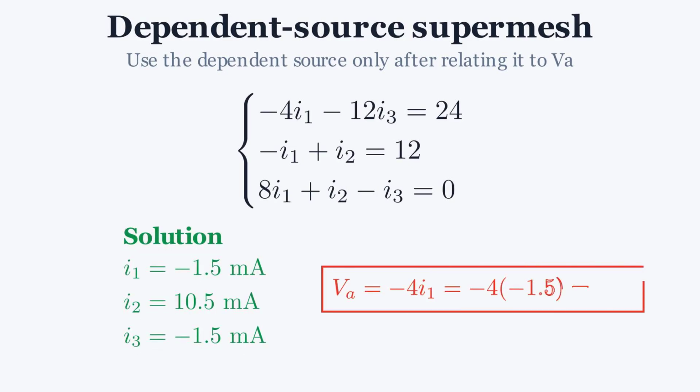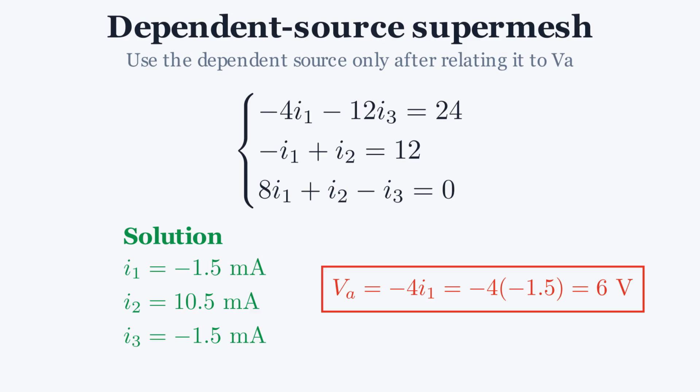Now relate VA to the left mesh current. With the chosen polarity, VA equals negative 4 I1 volts, because 4 kilo ohms times I1 milliamps gives volts. Substituting this into the dependent source constraint gives I2 minus I3 equals negative 8 I1, or 8 I1 plus I2